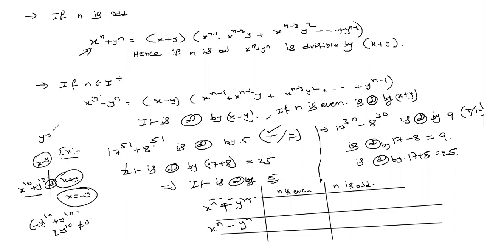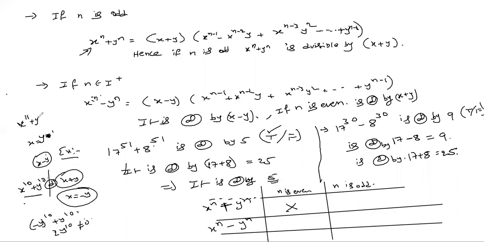We have to substitute x equals to what? X equal to y we have to substitute. So x equals to y, if you substitute, again the same situation you'll get, so nothing can be said. Okay. So whenever n is odd, that means x power